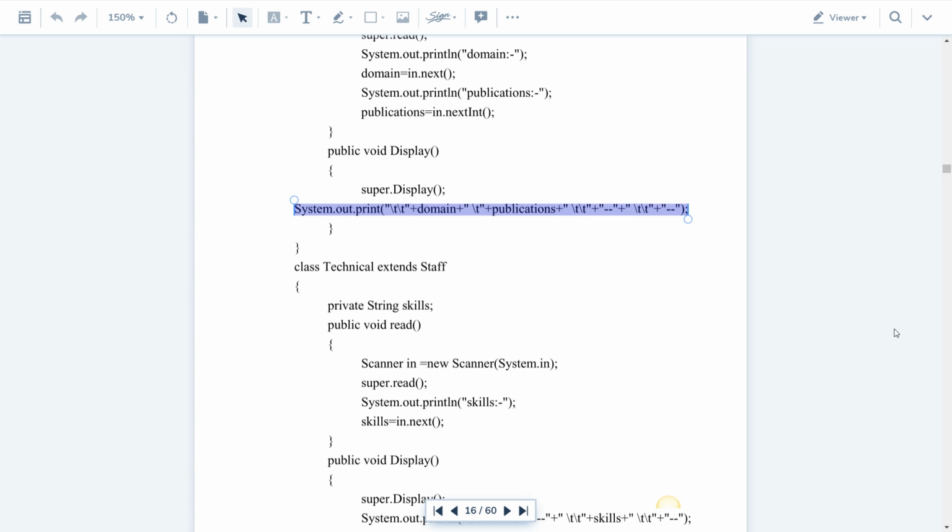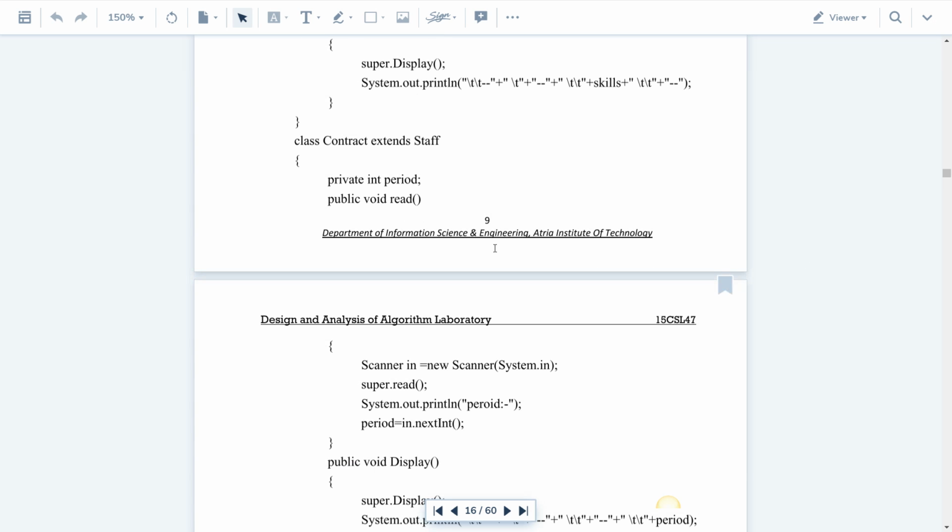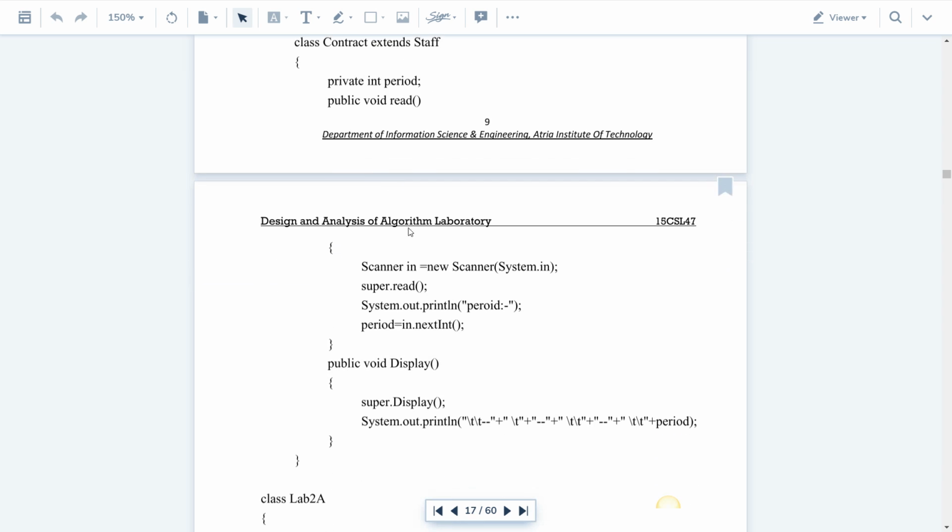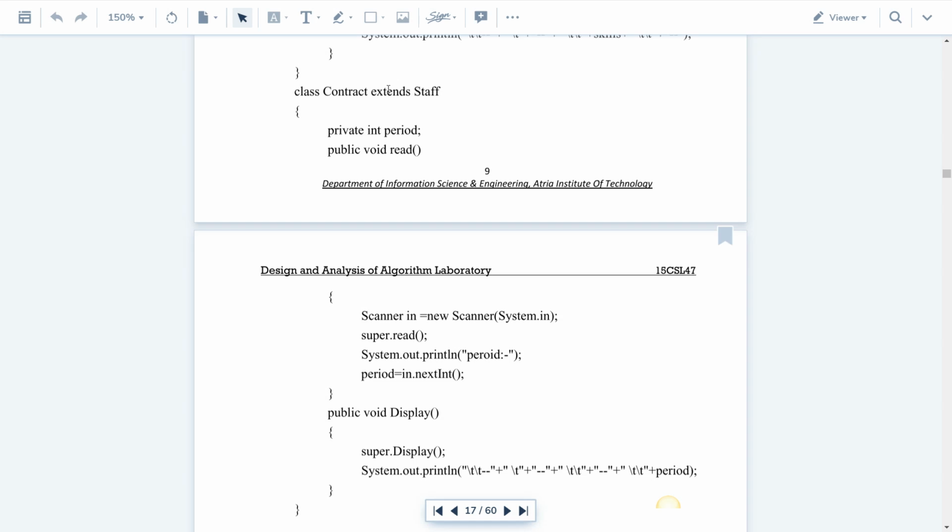Next, this is for contract. Technical is done. For contract, the same thing, super dot display. And then first read the common data, that is name, phone number, staff id, like that, common details. And then the specific details specific to contract.